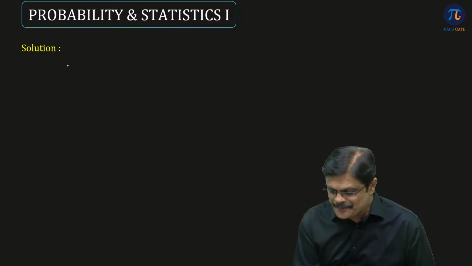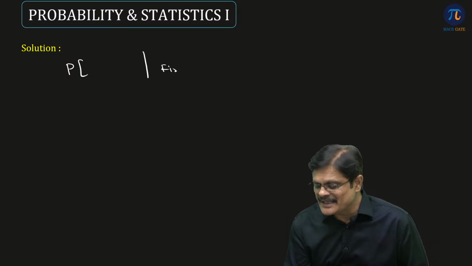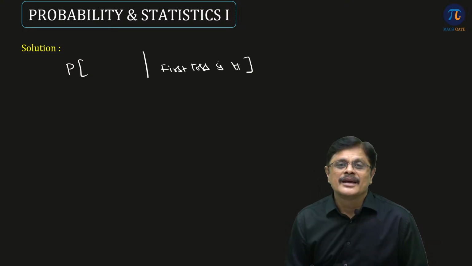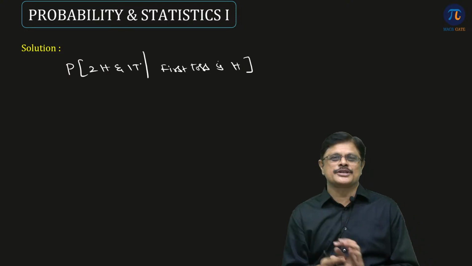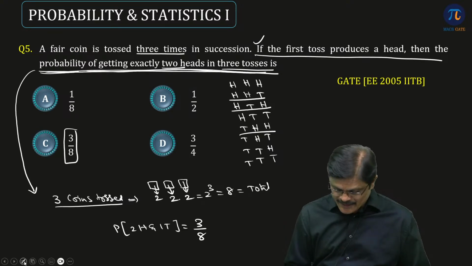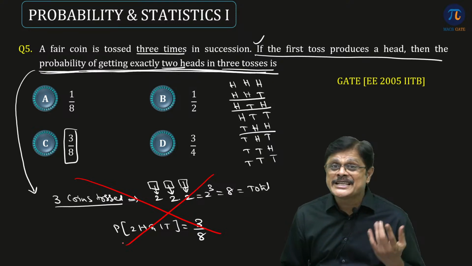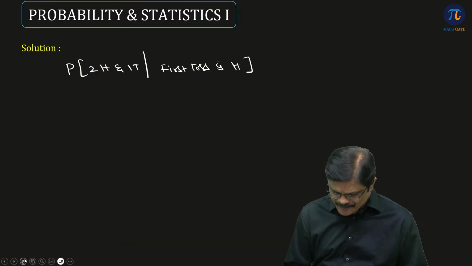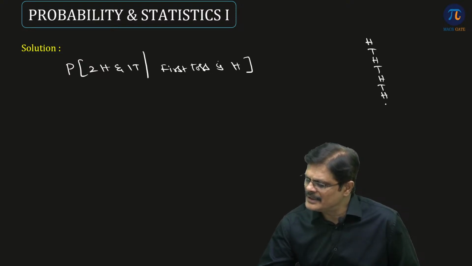So here, what has happened, sir? First toss is head. When first toss is head, then what is the probability of getting 2 heads and 1 tail? This is the question. It is a conditional probability question, but people have done it wrongly. This is what people did, which is wrong. Please be careful. So here, when you are having 8 outcomes, like head, tail, head, tail,